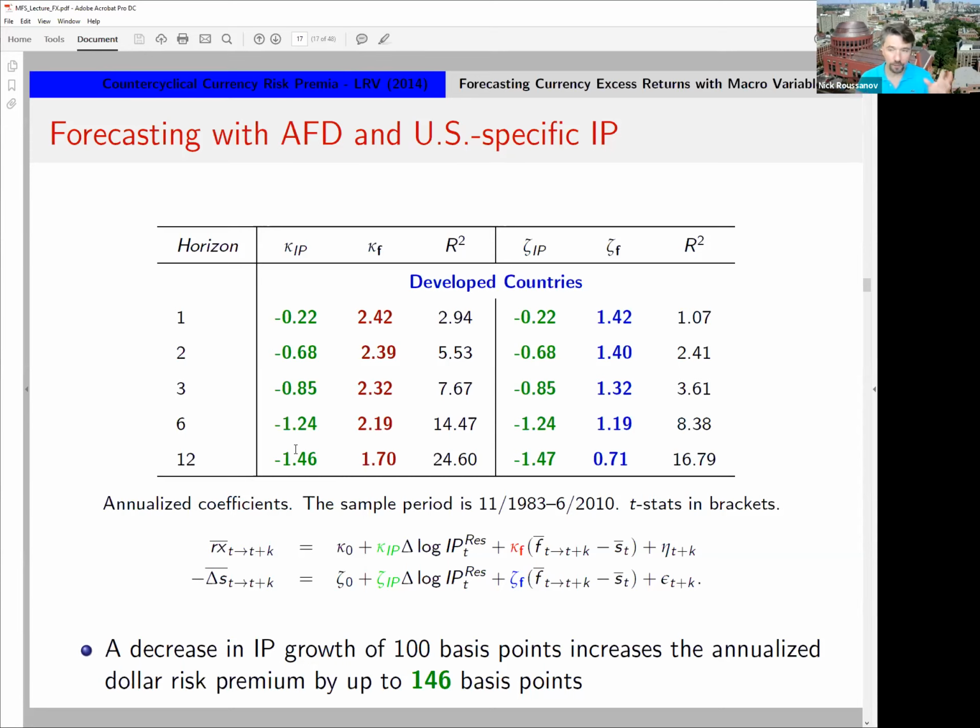Now, maybe the follow-up question to that would be, well, maybe we should be measuring the average forward discount somehow differently. One way we could do it is look at real interest rate differentials, because nominal interest rate differentials are subject to the zero lower bound, but the real ones are not, right? So maybe the way to measure which way the trade should go should be done using real quantities, not the forward discount. That is very fair and possible. I don't think we have tried that, and I don't know if anybody else has tried that.